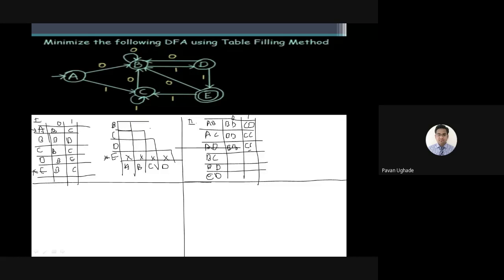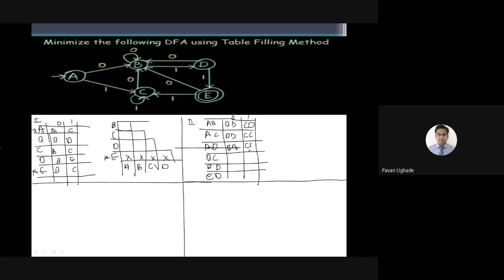Okay, Shiv Kumar. Let me check your answer. Shiv Kumar, you made one mistake in step two. Step one, I think everybody is comfortable with. Whatever answers people have sent me, I feel they are comfortable with step one. They are having a little problem with step two, to understand which ones will be equivalent and which ones we have to consider distinguishable states. That's why I have stopped myself over step two. We'll be checking step two here.